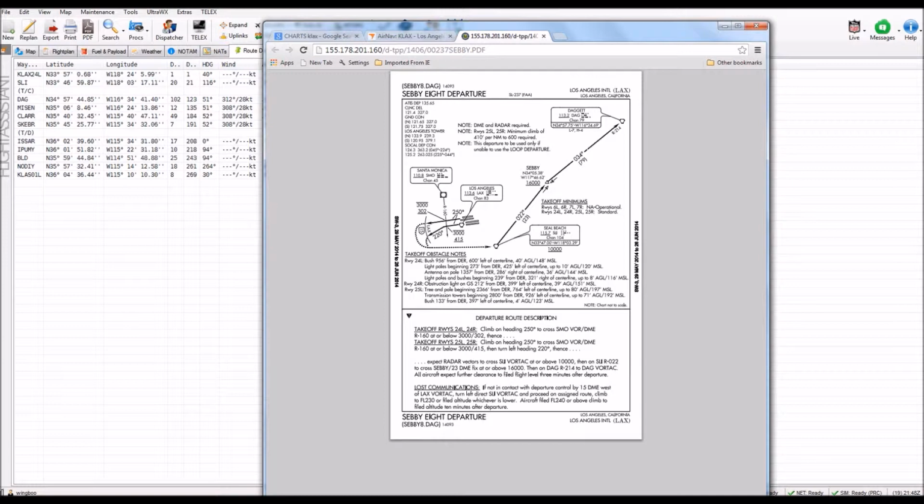and okay, we're going to be taking off on 24 left, and it says right over here, this is 24 left. We're going to have to fly, that's what it shows, but down here it says climb on a heading of 250. Okay, 250